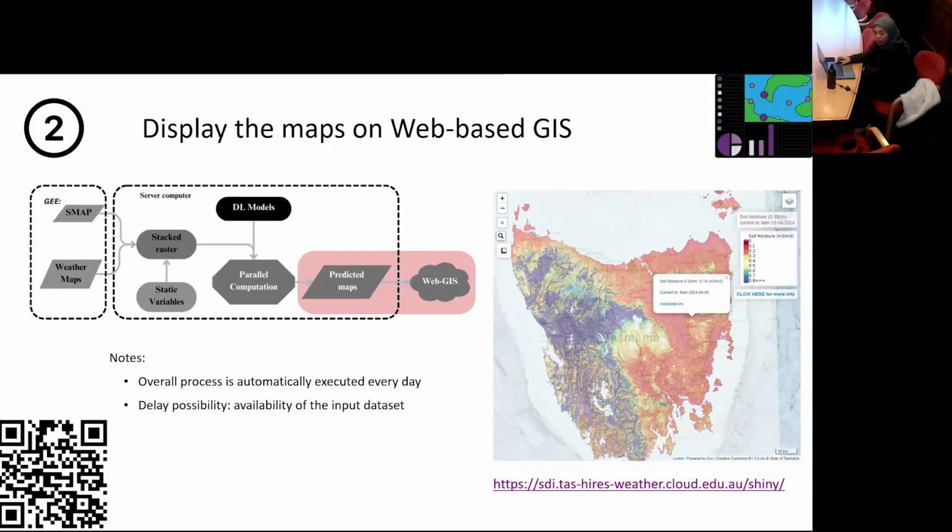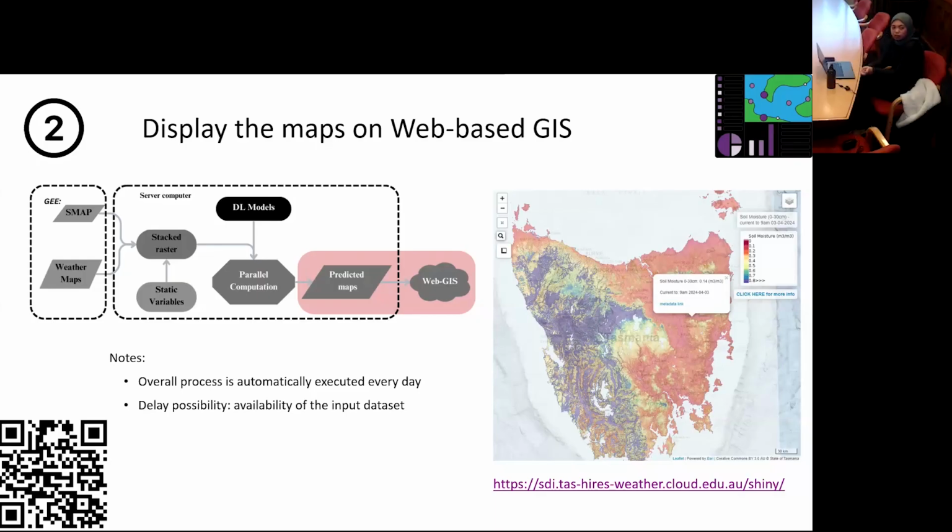After we succeeded in getting the soil moisture maps at 80-meter resolution, we created a framework to display the maps on a web-based GIS. We basically set up all the inputs on a server. We gather the SMAP dataset and the weather maps from the Google Earth Engine database, and every day we take the data that we need from Google Earth Engine into the computer server,